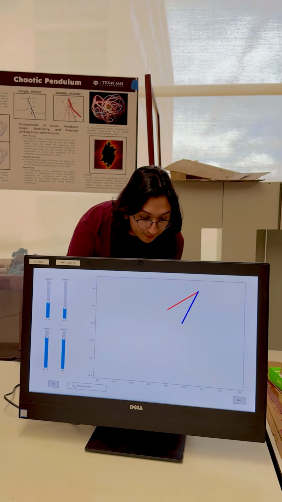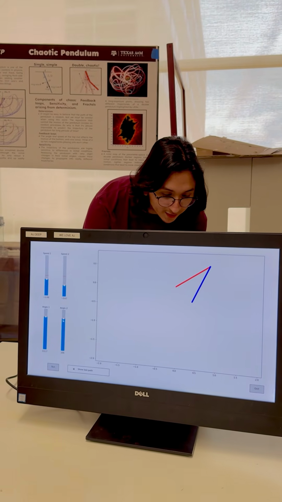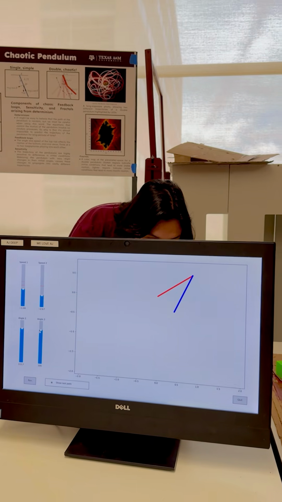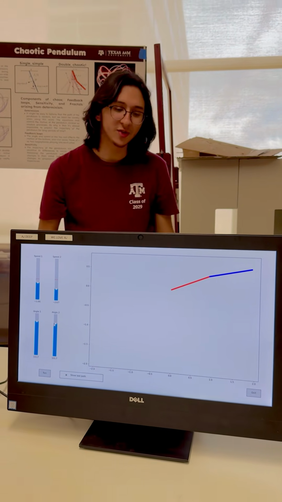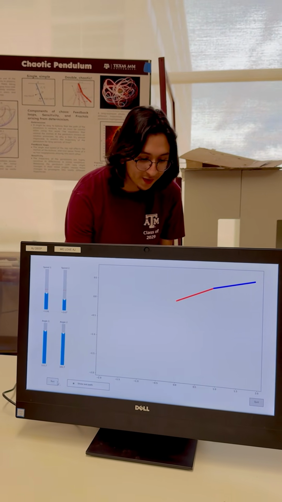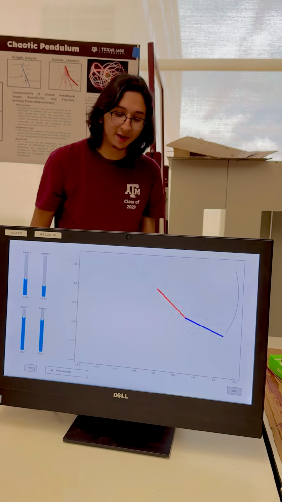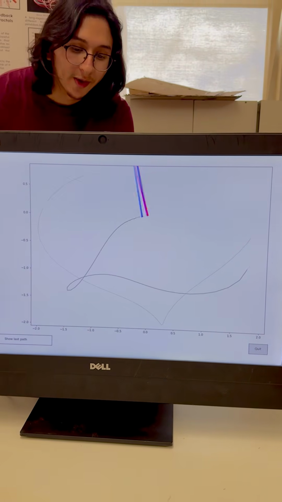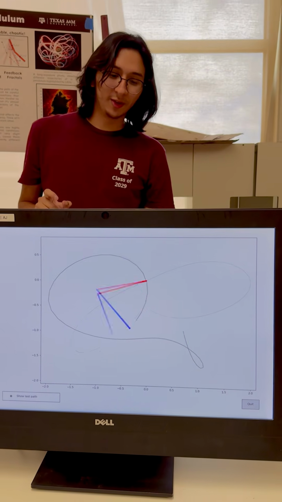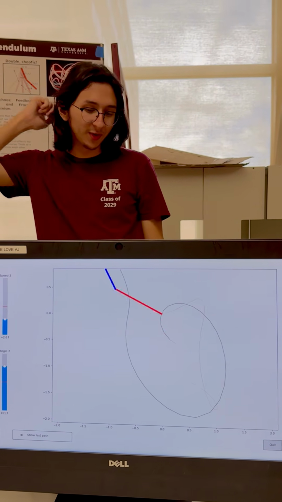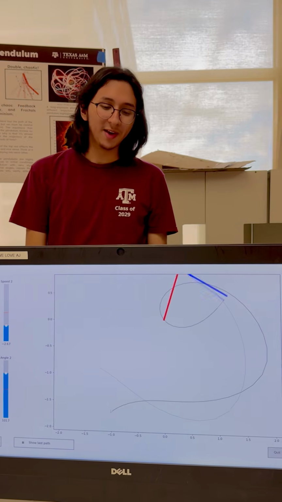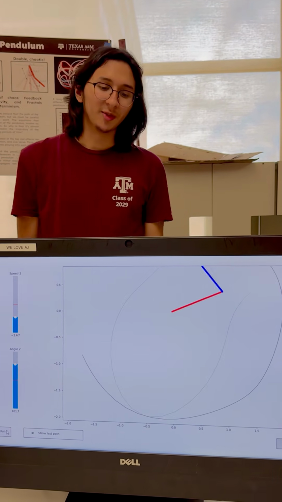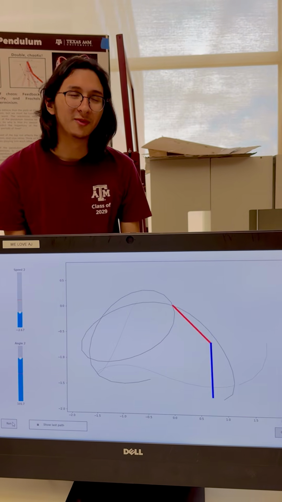And another feature of the simulation is that you can compare 2 paths, and then when I adjust one of the initial angles by only about 4 degrees, and then I run it again, it'll show both of the paths, and you can see that the darker gray path starts off kind of similar to the lighter gray path, but then once you give it enough time, the 2 paths will eventually separate, demonstrating the system's very sensitive to the